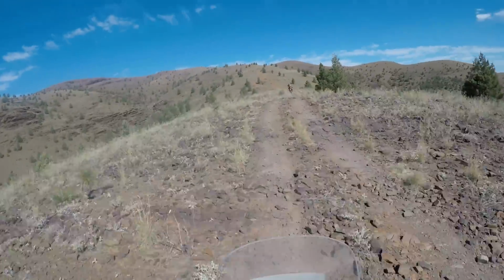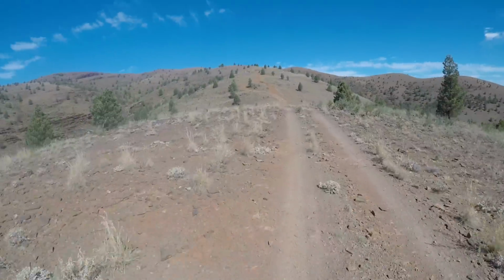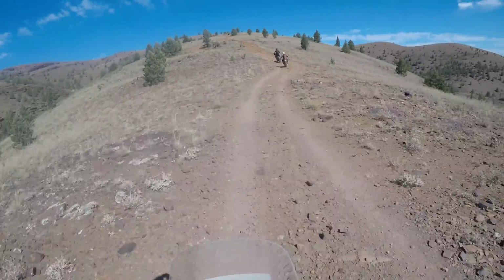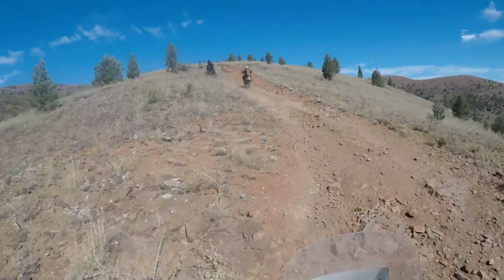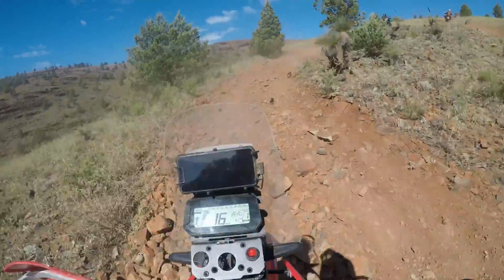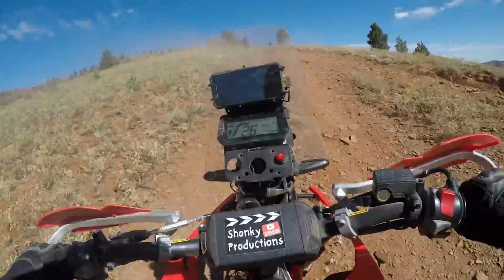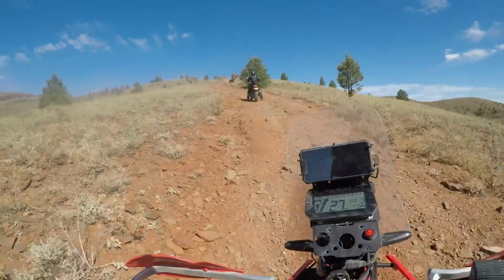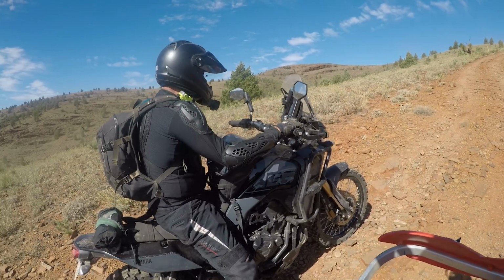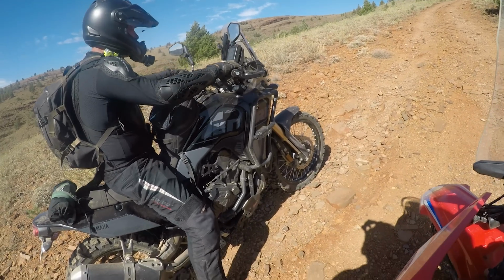Still going up. As you can see, it's quite rocky on the climbs. You good, Joan? I don't know why, she just died. So I probably just stalled it. No, it just slowly but surely conked out. Alright. So I'm not sure whether I'm out of fuel or...